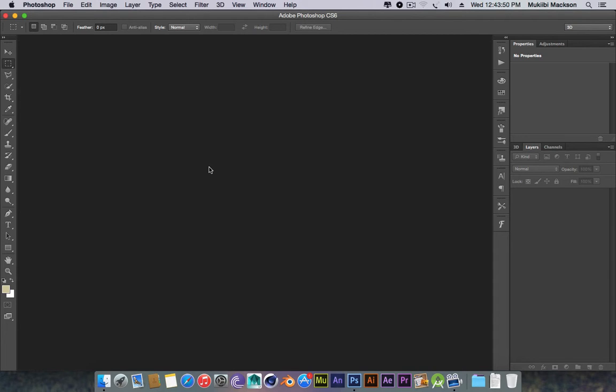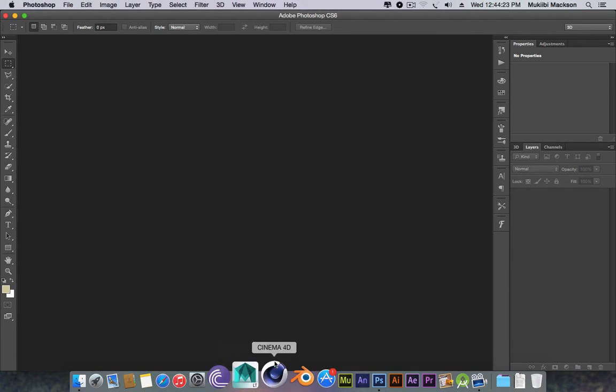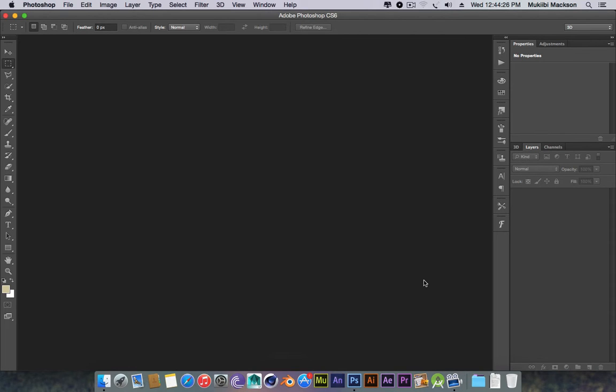And some things you can do with Photoshop: you can use it for making textures if you do 3D modeling. You can use it for graphics design, making logos, photo manipulation. There are a lot of things you can do with Photoshop. You just have to learn it and explore them yourself. Maybe you can even come up with something new that can be done with Photoshop that we don't know about. So this video is entirely about explaining Photoshop, and in the next videos I'm gonna be doing the real